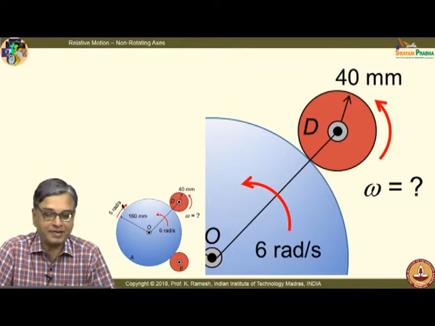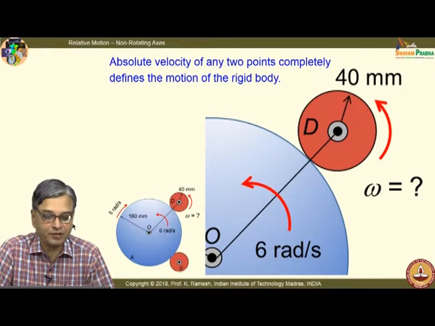This is depicted very nicely here pictorially. I have this rotating at 5 radians per second, and the line OD is shown on it. So, you have to recognize that I have a sector. I think I have that figure also put here for clarity. I have this rotating anticlockwise at 6 radians per second. The question asked is, what is the angular velocity of the smaller gear?